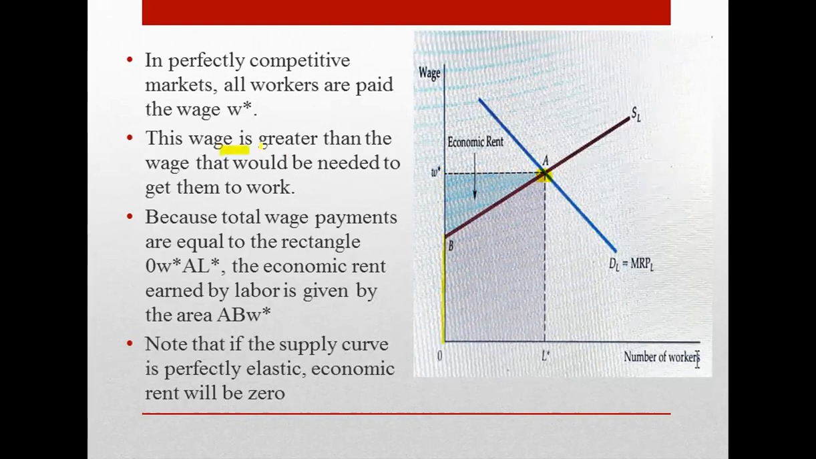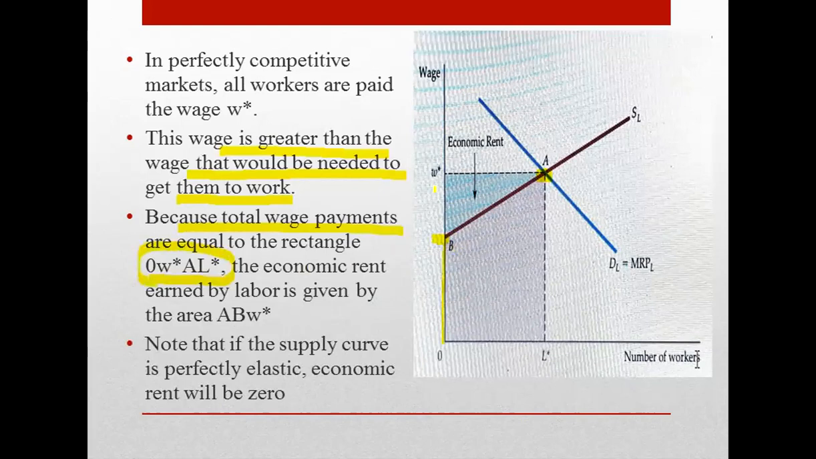That means the equilibrium wage is greater than the wage that would be needed to get the labor to work. You need to pay only OB to get their work, but at the equilibrium established in the factor market, you are giving the W star wage rate. The W star wage rate is greater than the minimum wage rate that needs to be given, that is OB. And because total wage payments are equal to the rectangle OW star